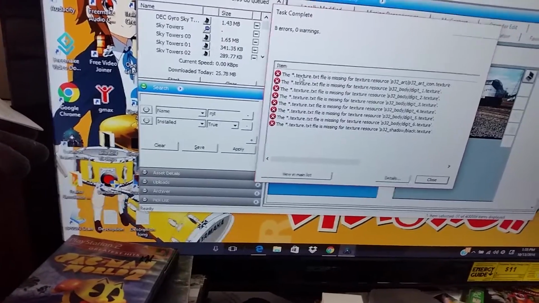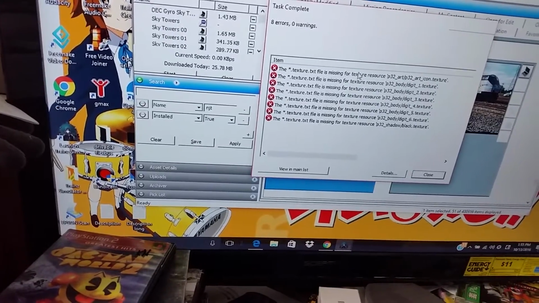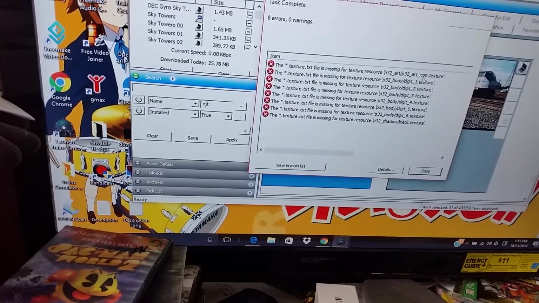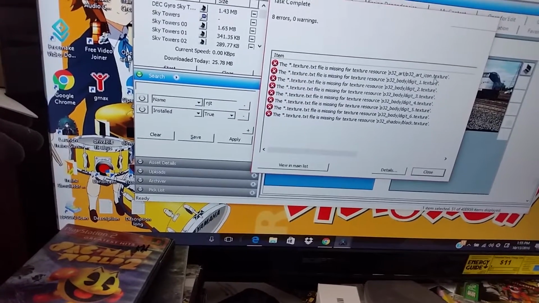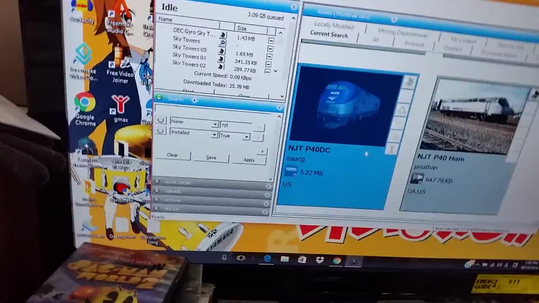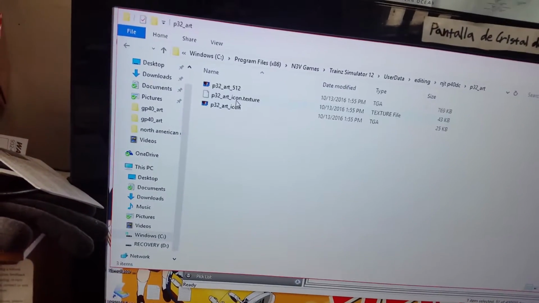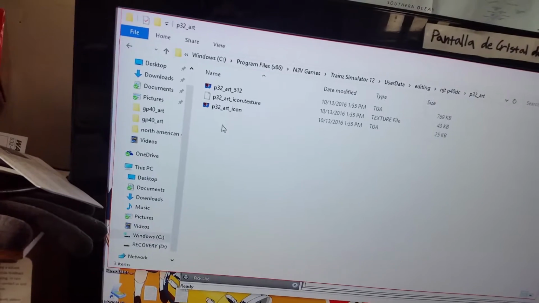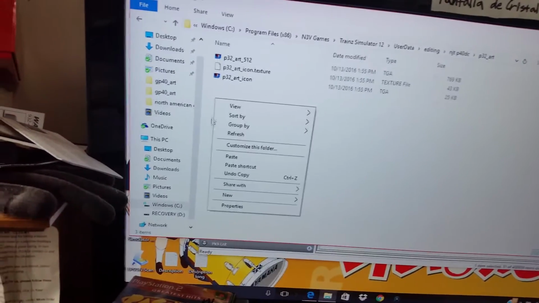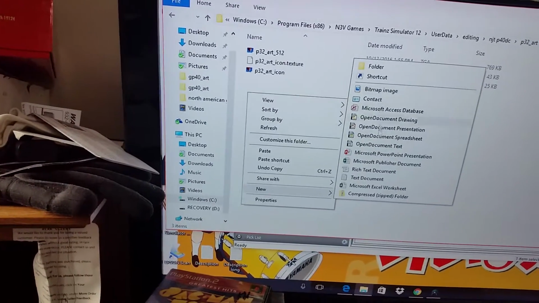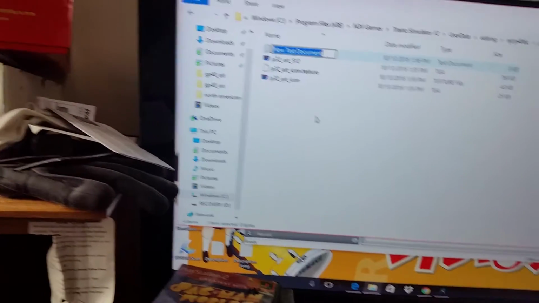The first one says the .texture file is missing for texture resource P32 art icon .texture. So Control Shift E. So it's probably in here. Oh, there is no texture file for that. So that's easy then. So just right click anywhere and then highlight new and click, where is it? Text document and call it